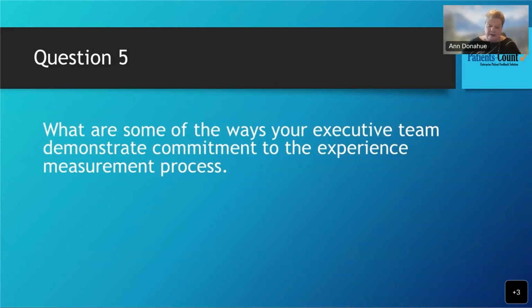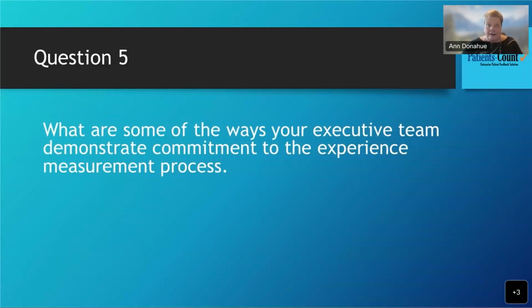So in our organization, for instance, my position is over all of the resorts, and I personally read every survey every day. So that's quite a commitment to make, and especially if you're in a large organization, maybe it is not feasible for large hospitals for one person to read every survey, but you can get the reports to the people that need to see them.